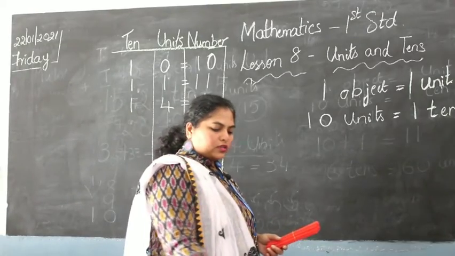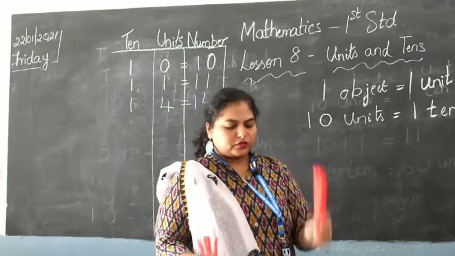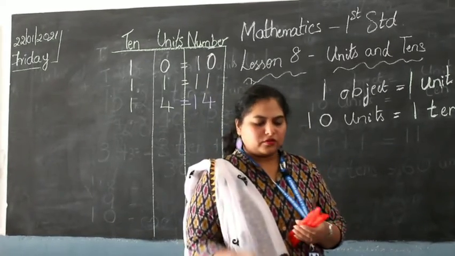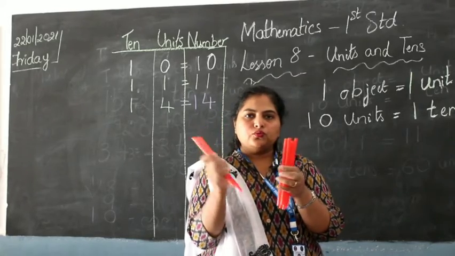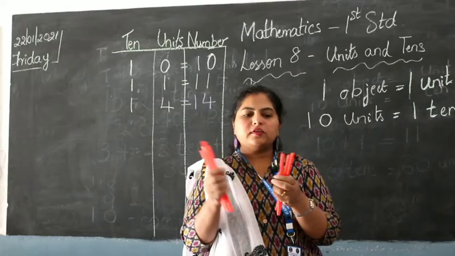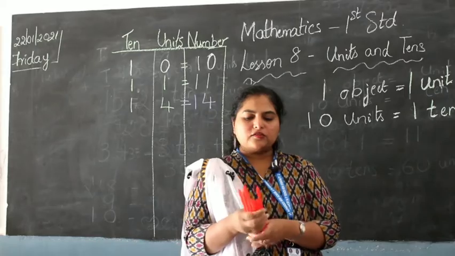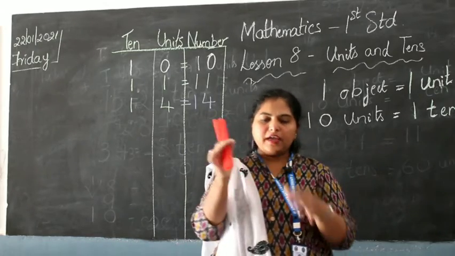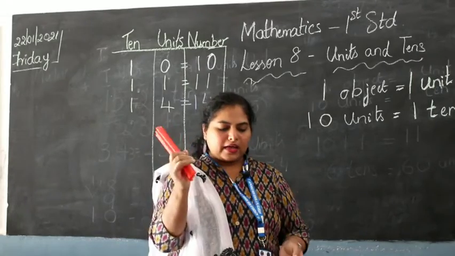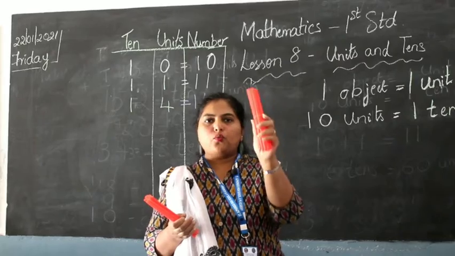So if I want, I have 1 ten, that's one set of straws of 10, and I have a few more. Let's count how many we have here. 1, 2, 3, 4, 5, 6, 7, 8 and 9. So how many do I have in my hand? 9 units. It's still not gone to the tens column. So I only have 9 units, and I have 10 straws in this.